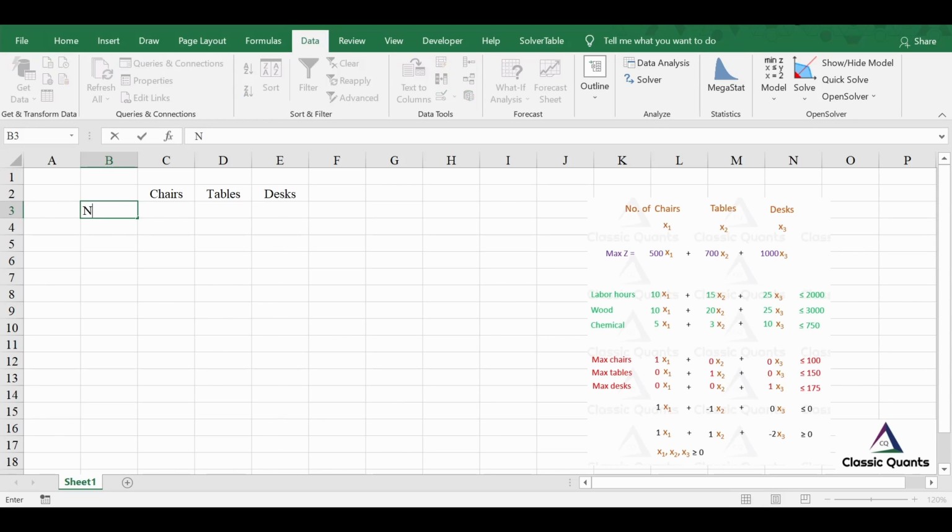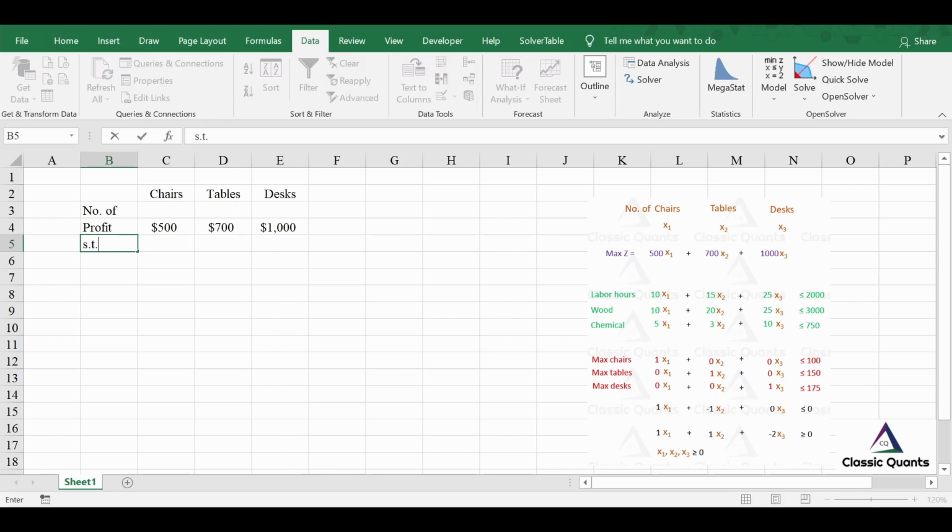So the number of phrase that you add here, then in the next row write per unit profit here, which is 500, 700 and 1000.